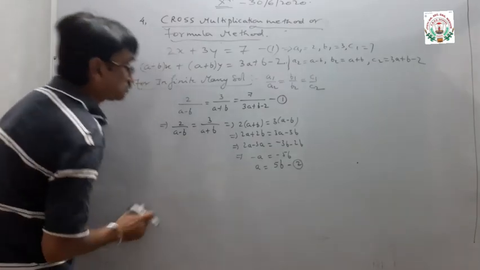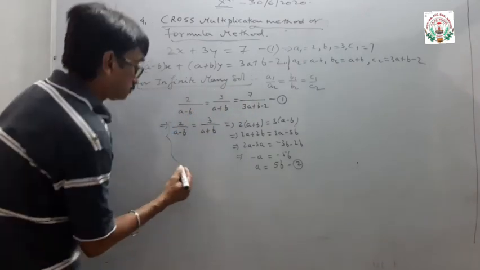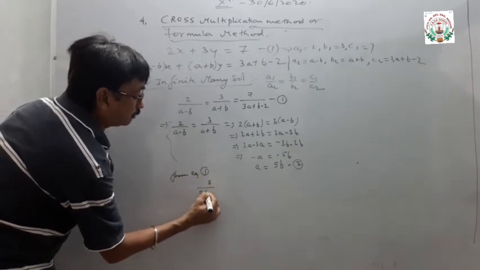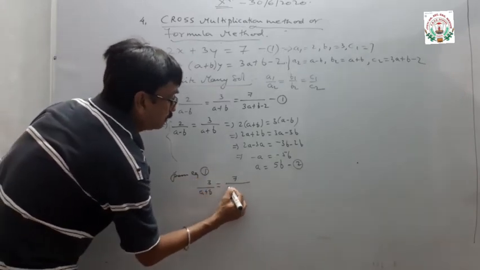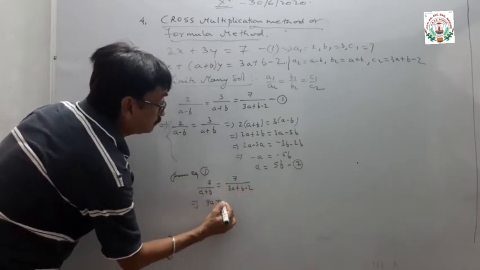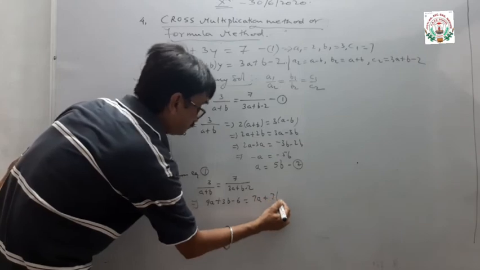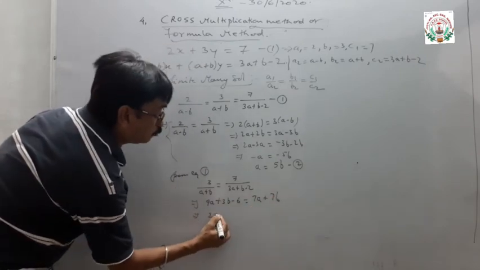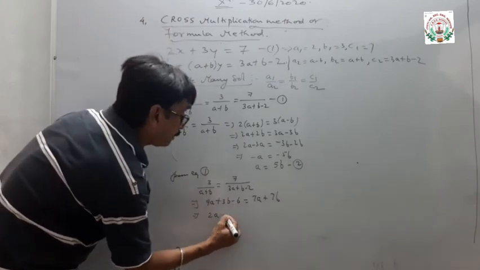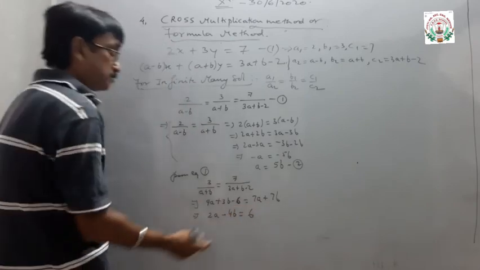अब जैसे कि मैंने फर्स्ट इक्वेशन से अभी पहला और दूसरा लेके सॉल्व किया, अब मैं दूसरा और तीसरा लेके सॉल्व करता हूँ। So from equation 1 again, now I am going to take 3 upon a plus b is equals to 7 upon 3a plus b minus 2, cross multiply: 3 into 3a, 9a, 3b minus 6, 7a plus 7b, 9a minus 7a, 2a, 3b minus 7b, that becomes equals to minus 4b, and equal to this 6, I am going to transpose towards the right।